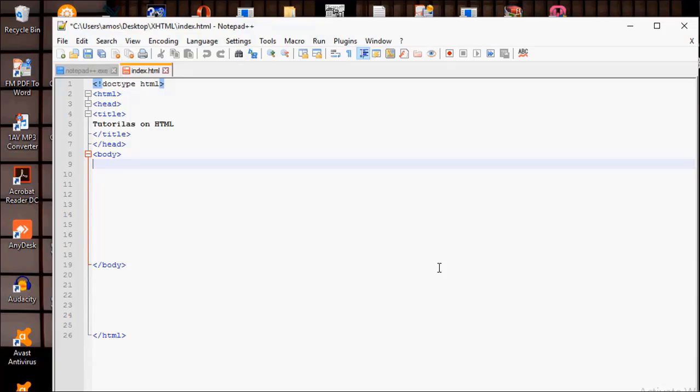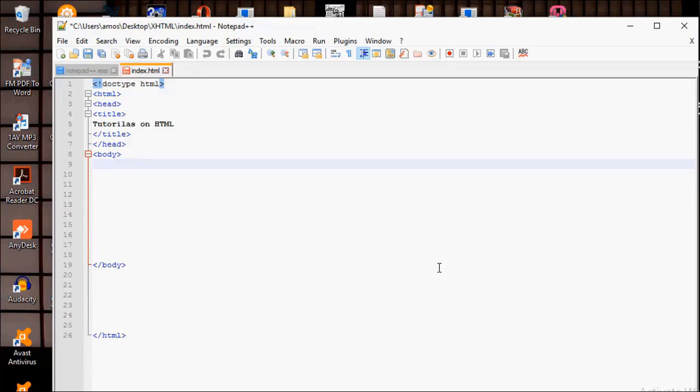In the last tutorial, I showed you how to create an effect on a link. Usually when you mouse over a link, it brings out a pop-up which gives you more information about the link, and in the last tutorial we learned how to do that. In today's tutorial, I'm going to show you two things. Number one is how to bring an image to your website, and number two, how to make that image a